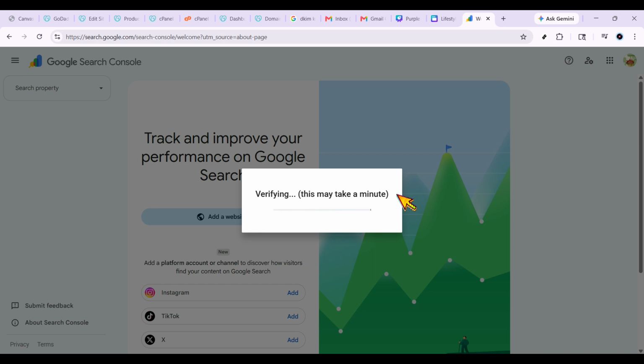When everything goes through correctly, you'll see a green Ownership Verified confirmation box. That means your GoDaddy domain has been successfully verified in Google Search Console. At this point, you can close the window and start using Search Console tools like performance reports, indexing, and sitemap